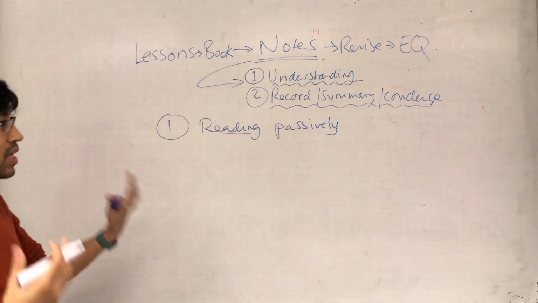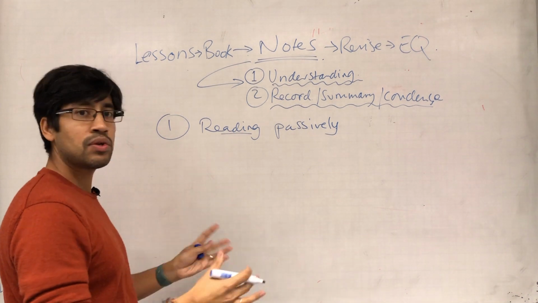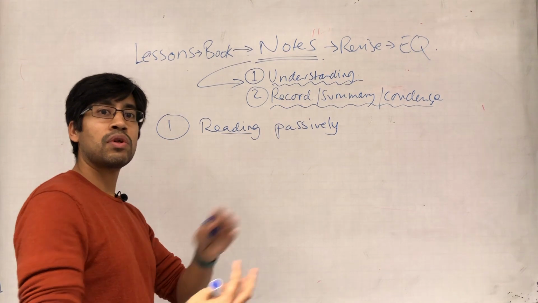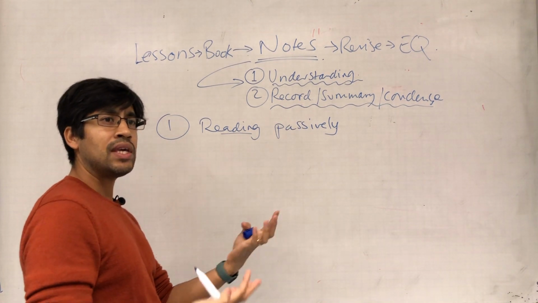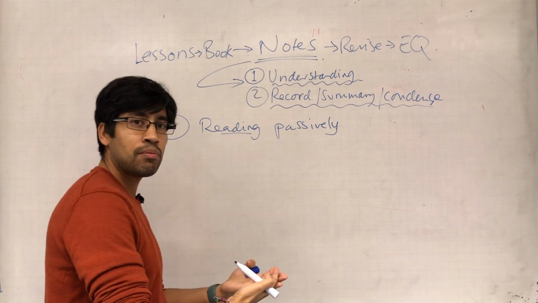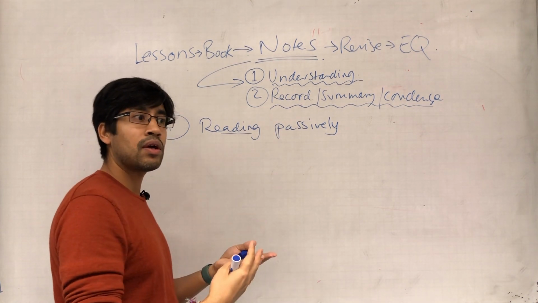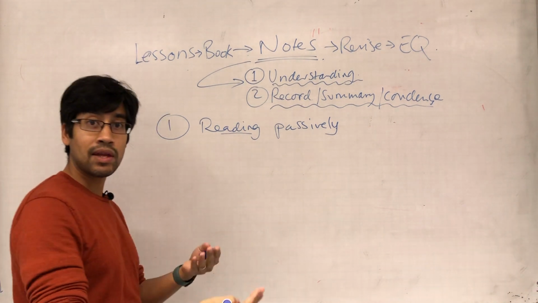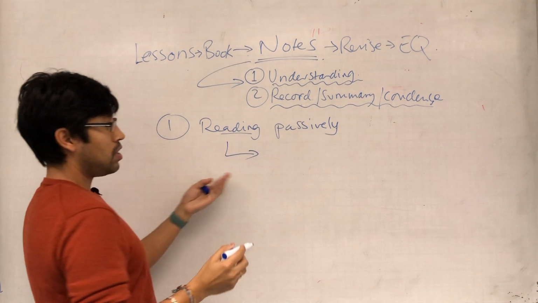Okay, so we're reading the textbook, but we're only looking at it to collect information. That looks important, I'll take it. That looks important, I'll take it. We're not really making a decision about what's important and what's not important. And even if we want to do that, we haven't maybe equipped ourselves well enough to be able to make that decision. So, obviously, the answer to that is